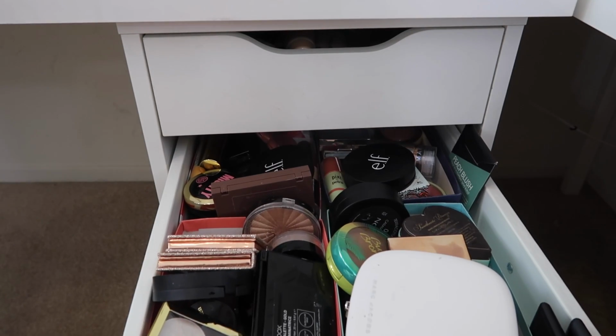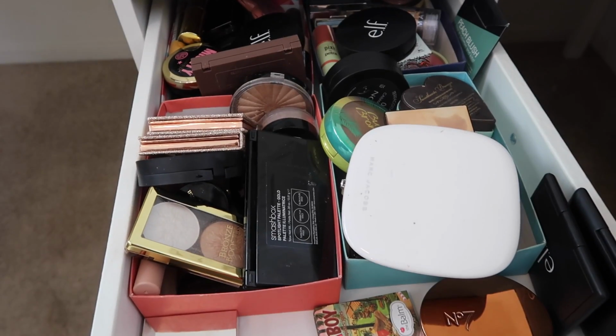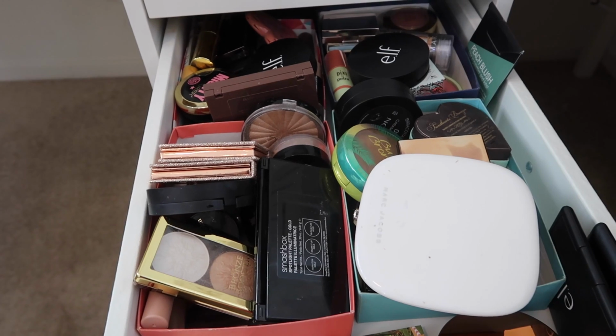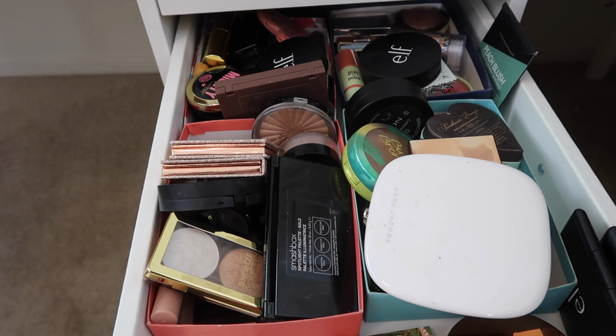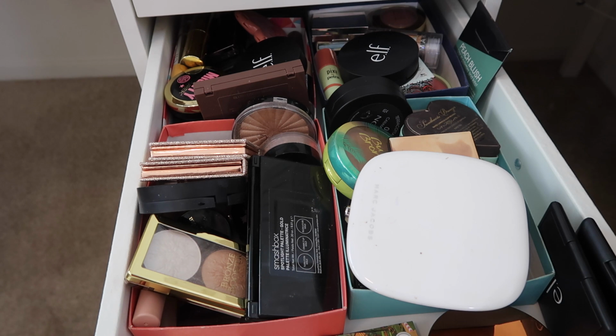This drawer is getting really overwhelming too. I'm hoping that by October I can upgrade my storage and stuff, so that's why it's always crazy. I'm waiting it out until I can get exactly what I want, which I will make a whole video about. But for now, this is the setup we're working with,